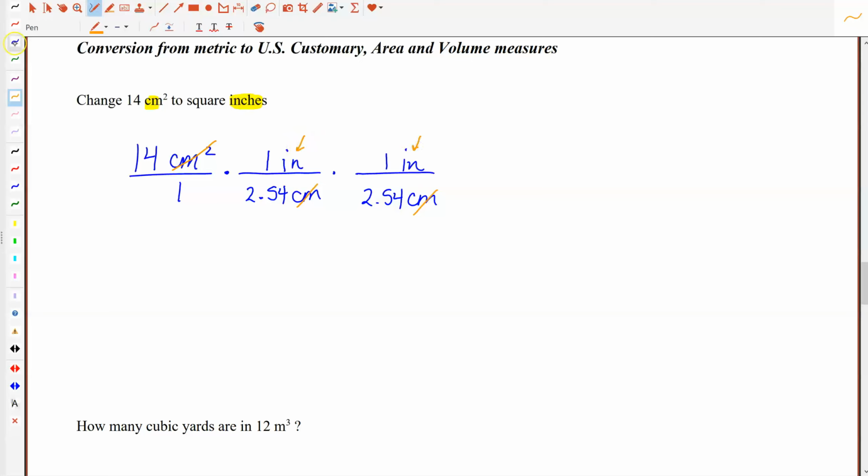So for my final answer, in the numerator I'll have 14 times 1 times 1, which is 14. In the denominator I'll have 1 times 2.54 times 2.54, which is the same thing as saying 2.54 squared. Now if you wanted to put this whole thing in your calculator at once, you could do that. Your calculator will follow the order of operations and it will do the exponent before it does the division, because exponents are more important in my order of operations. So you could just pop that whole thing in your calculator and you will get